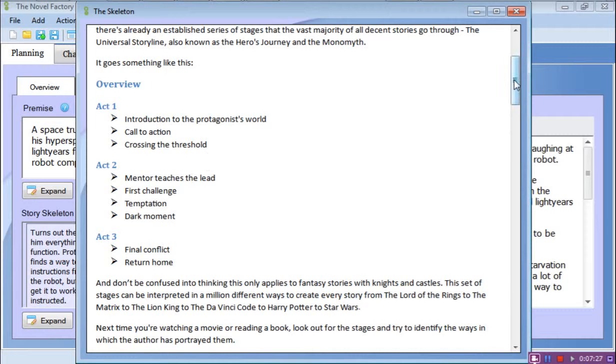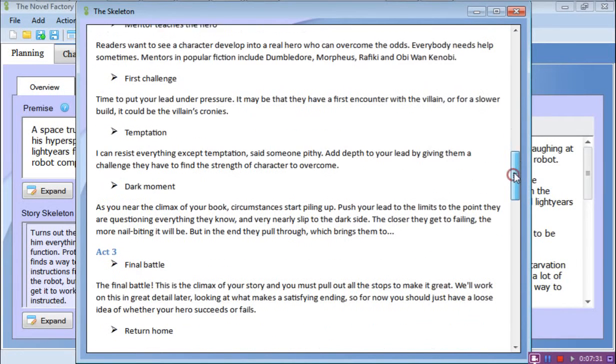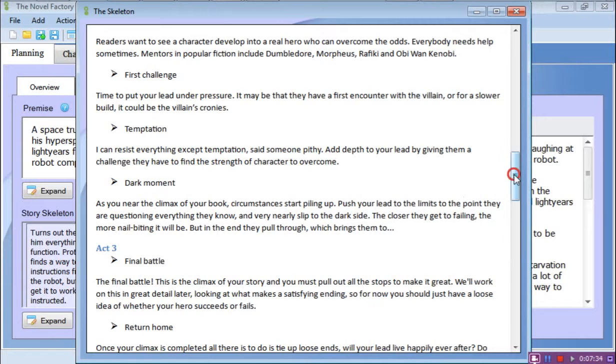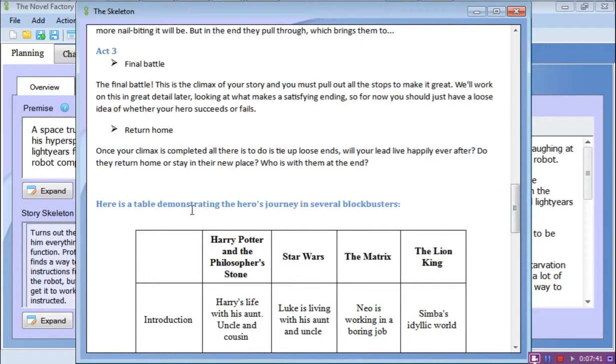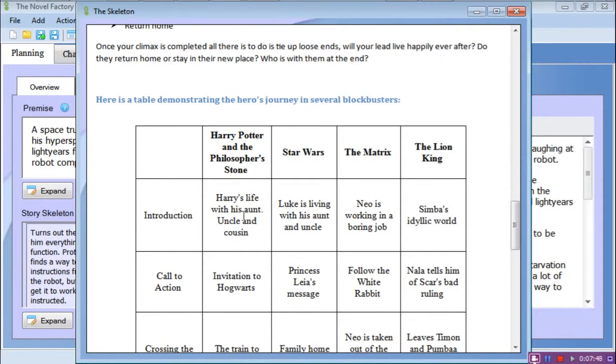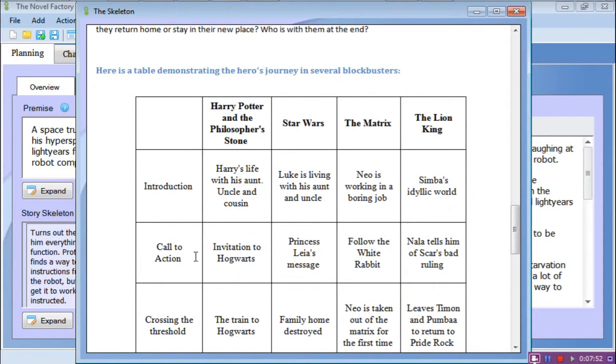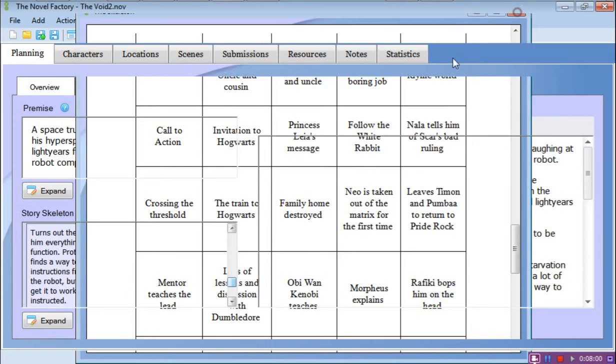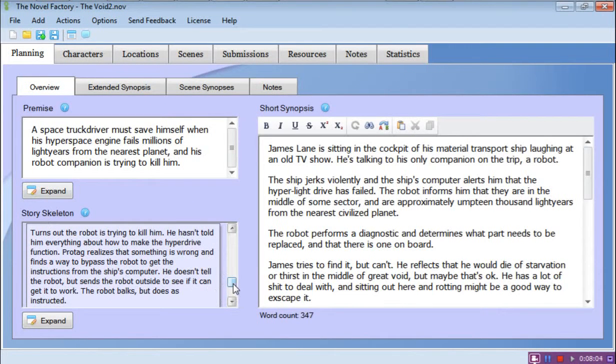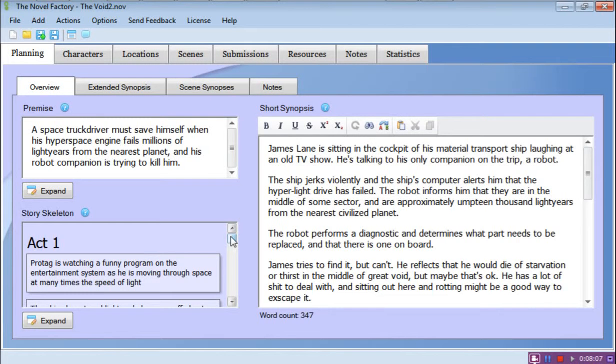I don't want to beat that to death too much, but that is what you need to do. And they go into some detail here, not excruciating detail, but a little bit more information. And then there's a little chart here that shows the hero's journey in several blockbusters. So Harry Potter, everybody knows this. In Philosopher's Stone, his aunt and uncle and his cousin, and his invitation to Hogwarts is the call to action. Crossing the threshold is the train to Hogwarts, and so forth. So take a look at that. But the point to this is they have a large story skeleton framework, and we will